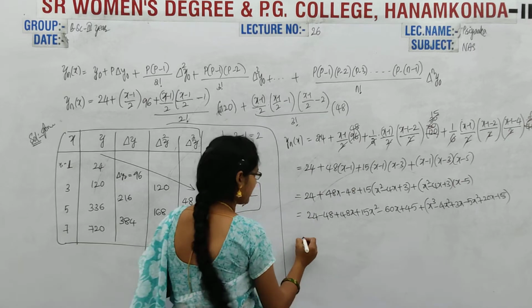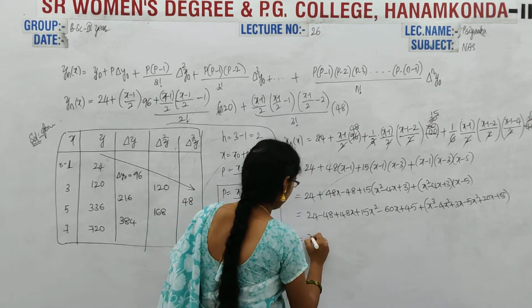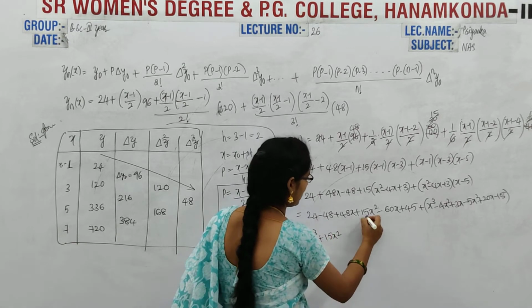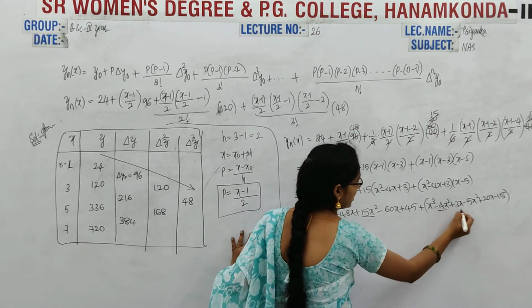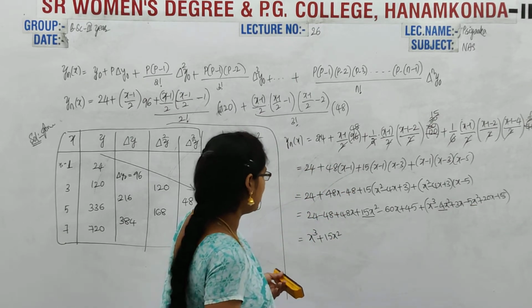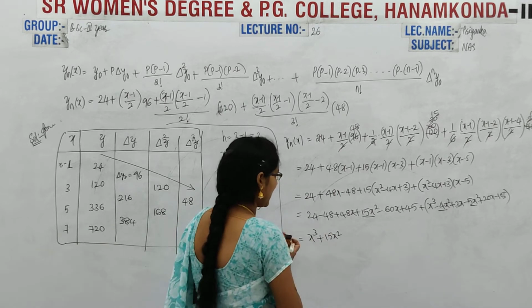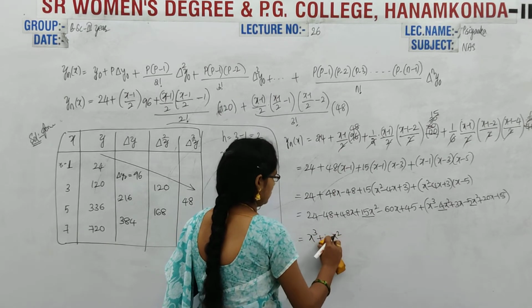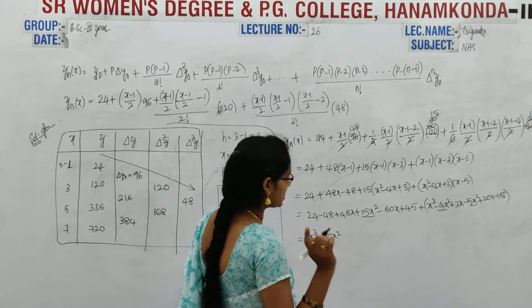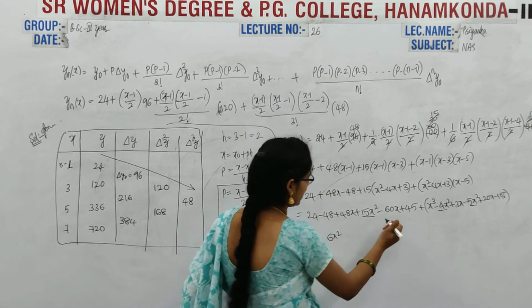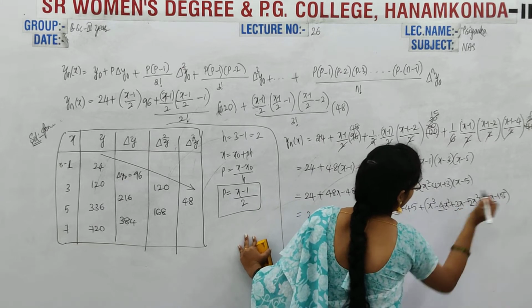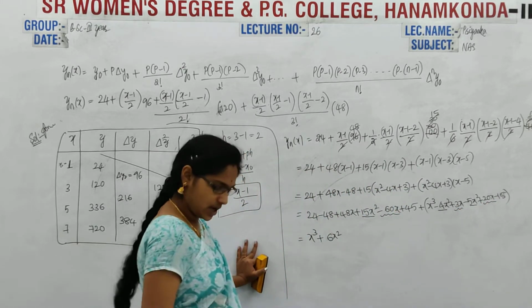Okay, so now here first of all I am writing the x cube term, next the x square terms. Here I have 15x square, next x square term is minus 4x square, minus 5x square. So minus 9 plus 15, it is plus 6x square. Next the x terms. So here minus 60x, 3x plus 20x, that is plus 23, minus 60